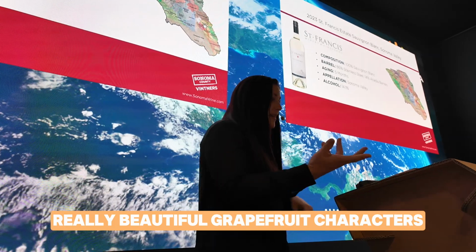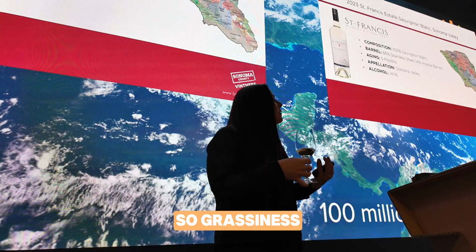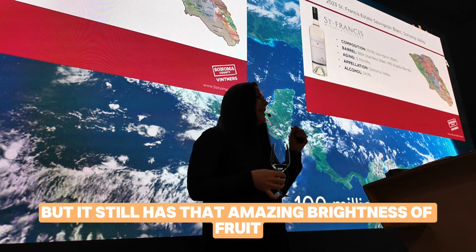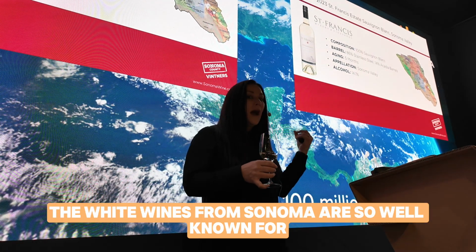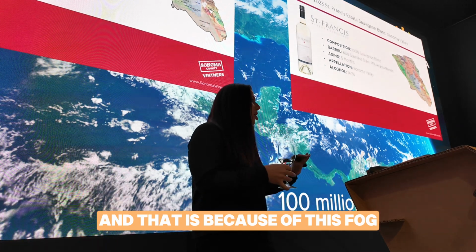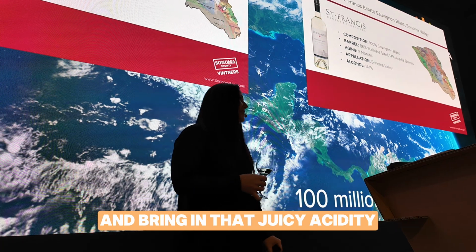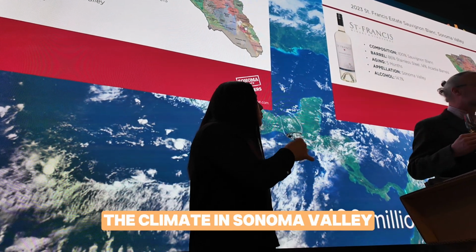developing really beautiful grapefruit characters. I love this wine for it's moved away from that sort of grassiness that we expect from a lot of Sauvignon Blanc. It's much riper, but it still has that amazing brightness of fruit and juicy acidity that the white wines from Sonoma are so well known for. And that is because of this fog and the ability to ripen that fruit to optimum ripening levels and bring in that juicy acidity. And I think this wine is a great example of the climate in Sonoma Valley, because